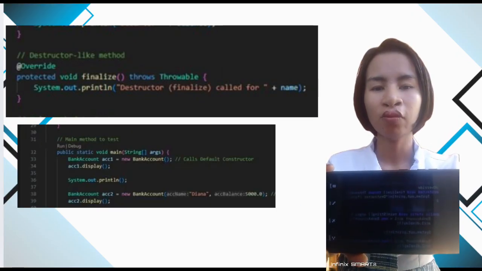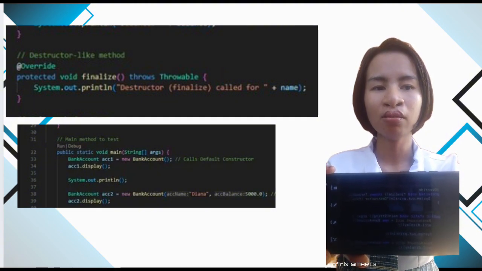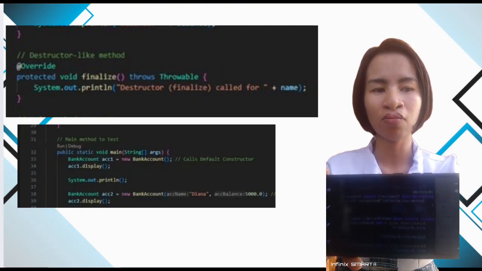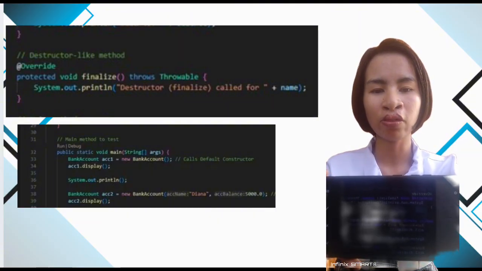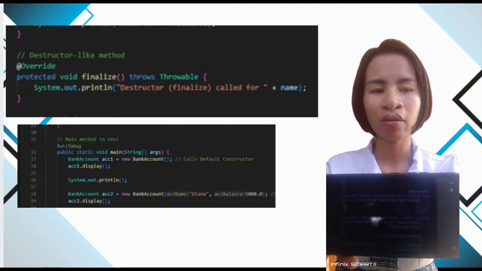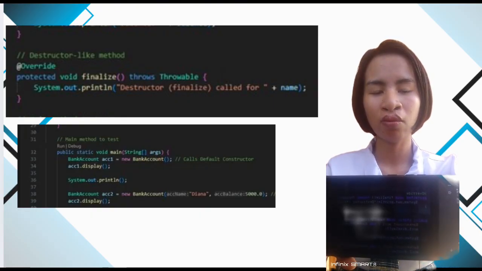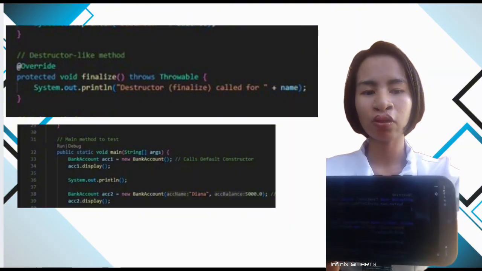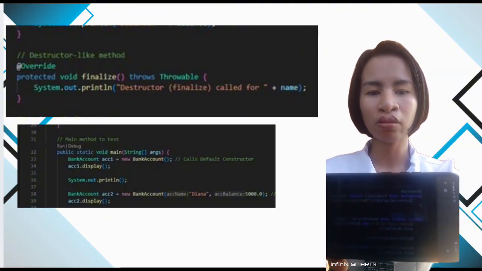The destructor method is made outside the constructor, in the class. It is the finalize method, which automatically runs before an object is removed from memory. It removes objects from memory when an object is no longer used or when the program ends. The garbage collector frees up memory.